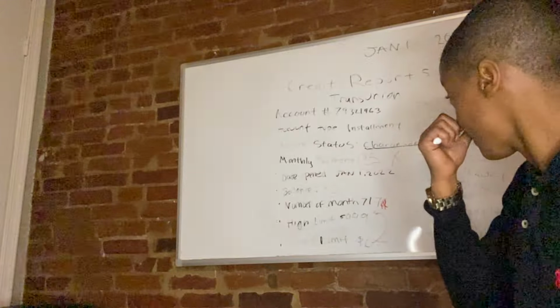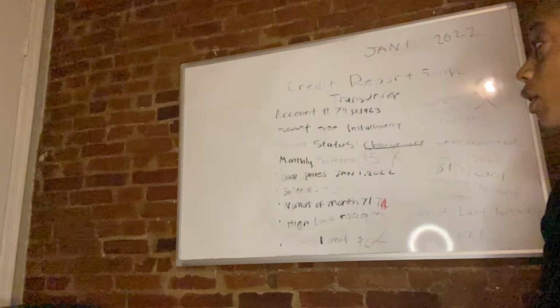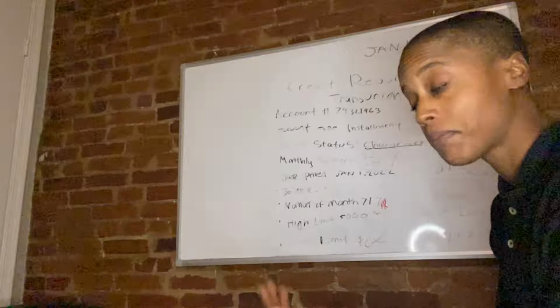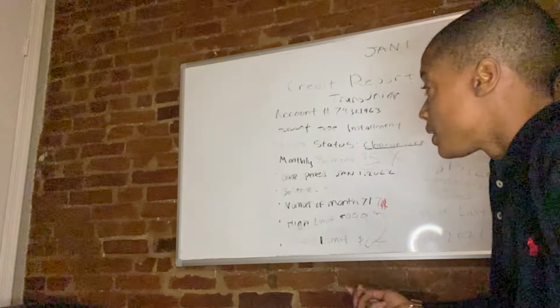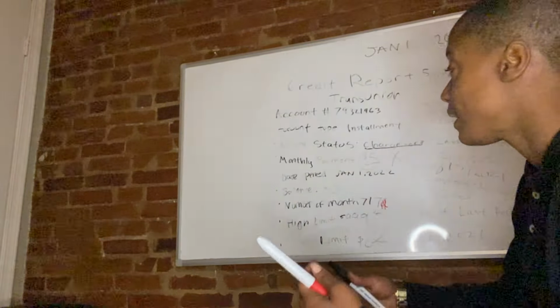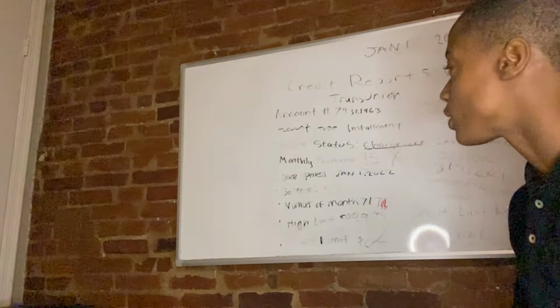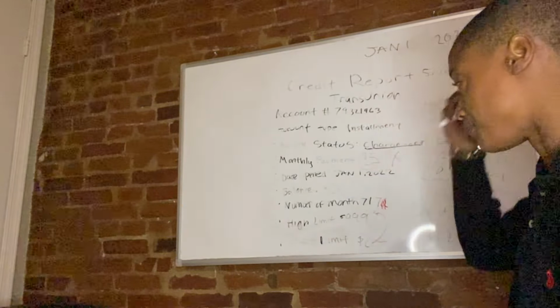Your monthly payment is how much you're paying on the account. If the account is closed, it should not have a monthly payment, right? If the account is open, it should have a monthly payment because you're paying a monthly payment on the account. Your open date,